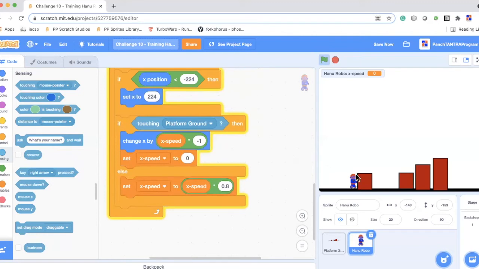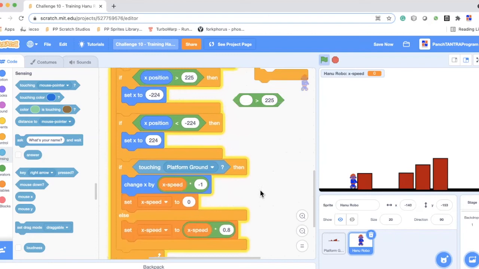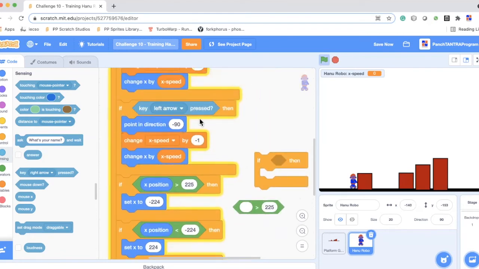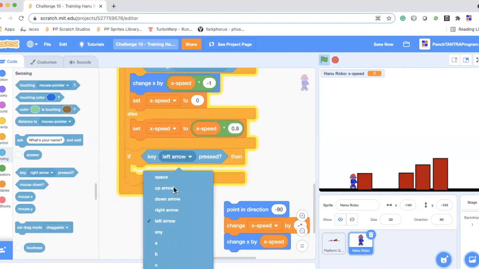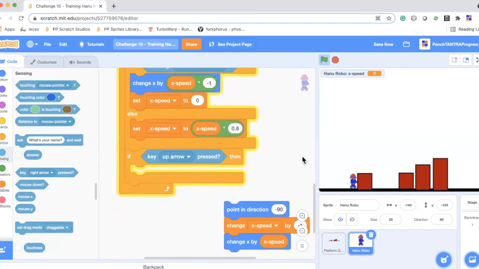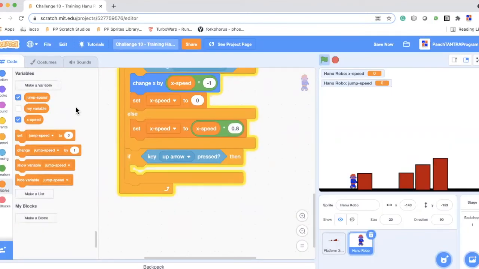Now let's look at the jumping code. For the jumping code, there are two aspects. One, it has to jump up, and second, with gravity, it has to fall down. So for the jumping code, let's duplicate this code, but instead of X, now it's going to be about Y. If the up arrow is pressed, we want to work with the Y variable, and with the speed which is going up. Let's use a variable so it's very clear to us.